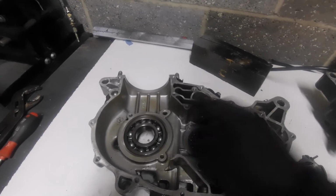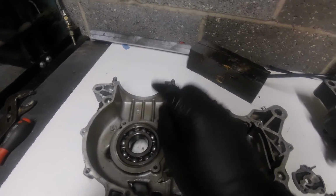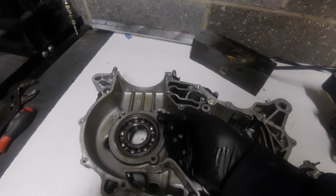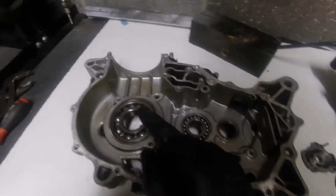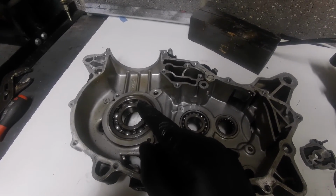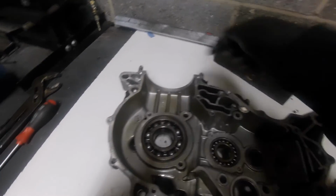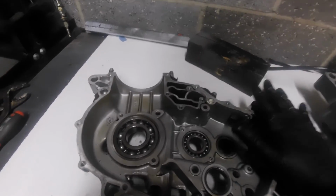There's still going to be an element of splashing here, even if it bled out and the gears are here and they're still going to throw oil up onto the conrod and what have you, but it does have an oil way on the conrod into the big end bearing, that it does have an oil way where it's fed. So I would prefer to have pressurised oil to the big end rather than rely on, it's all hearsay, it's all who knows. Like I say before, I am